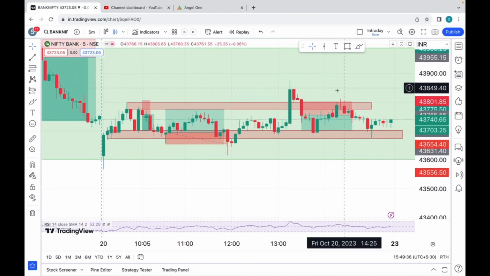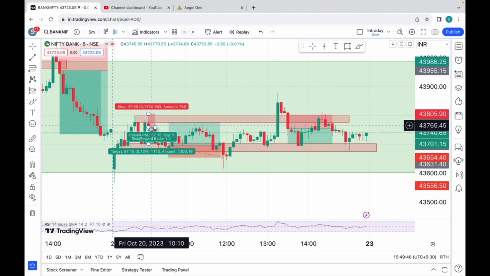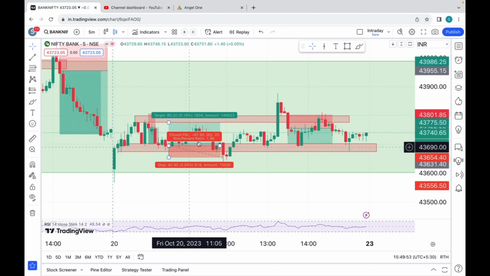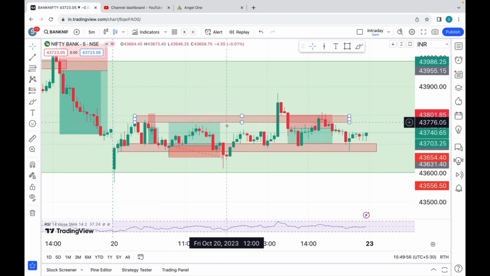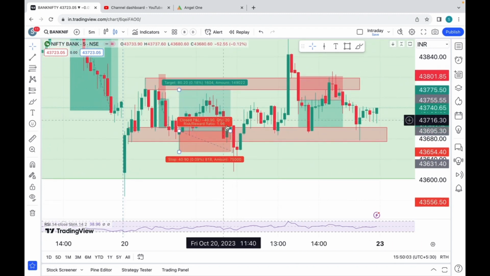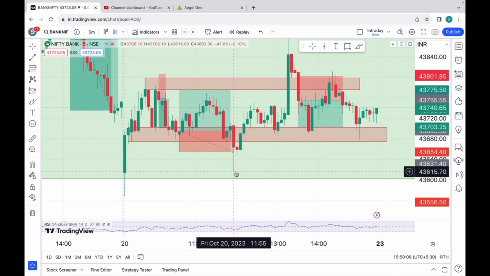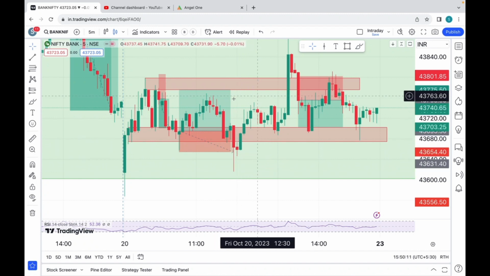So overall, for today, we actually don't have any trades because the entire price action has happened here. But those who are very keen to take trades, those who can't sit idle without having a trade for the entire day, okay, even for them, there were a couple of options. One is this with a 57 points movement, and the other one is this which has moved almost around 70 to 80 points, but has failed to touch our target. Okay, which has come back again, and then it eventually came all the way down,